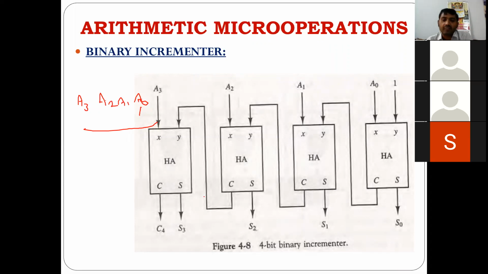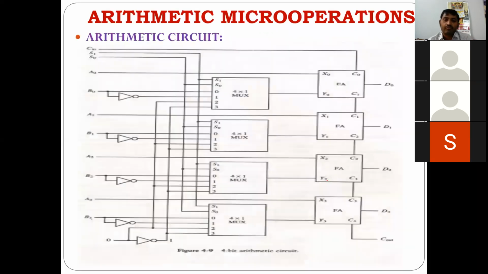Did I not tell you about ripples in the sea? Or else if you drop a stone in a bucket, what will happen? There will be a ripple. So one will be pushing into the other. Similarly here, the carry will be given to the next. It is a ripple. So in this way, a binary incrementer increments by 1.